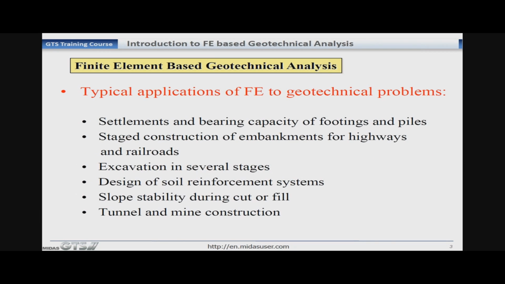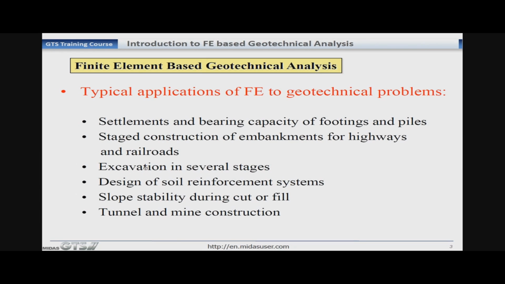So let's discuss the types of applications of finite element analysis to geotechnical problems. As you can see here, we can use finite element analysis for settlements and bearing capacity of footings and piles. We can do staged construction analysis of embankments for highways and railroads.